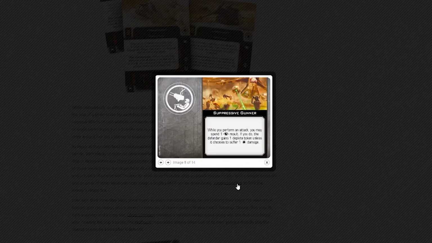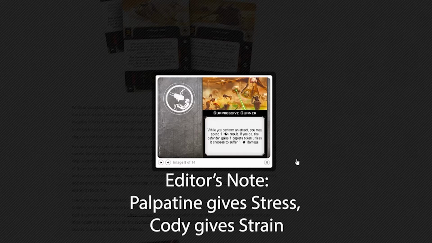Suppressive fire. Oh, it's the new gunner, suppressive gunner. While you perform an attack, you may spend a focus result. If you do, the defender gains 1 deplete token unless it chooses to suffer a damage. Okay, so either they hinder their weapons or they take a damage. And depending on if you're able to dish out stress tokens or something like that, which I'm not sure if there are any effects for that for Republic that do that, but